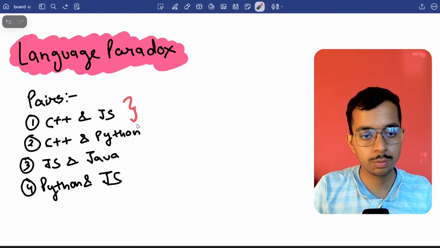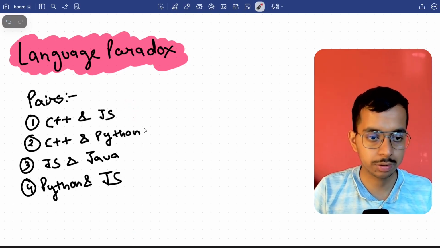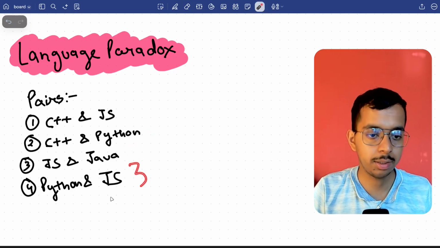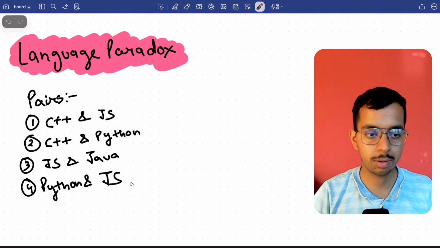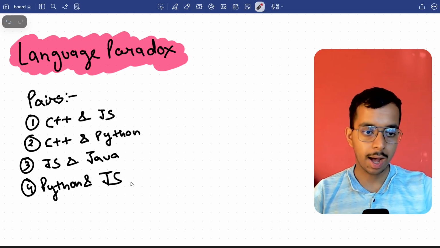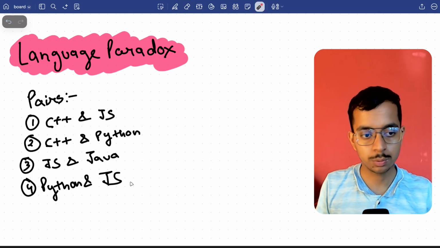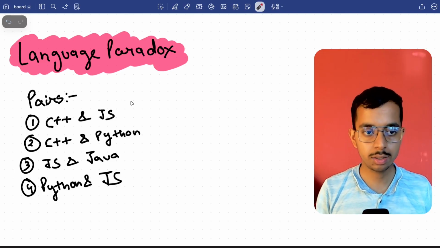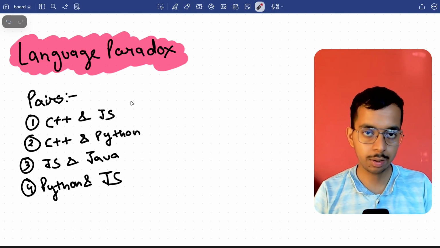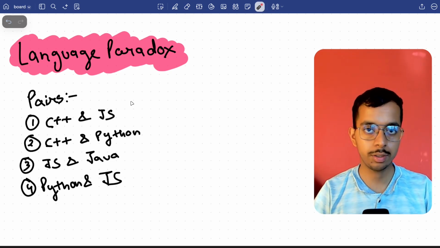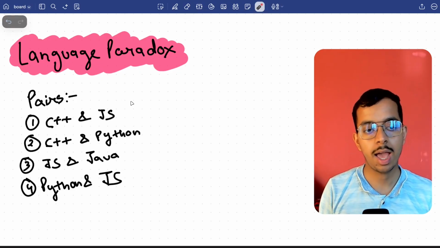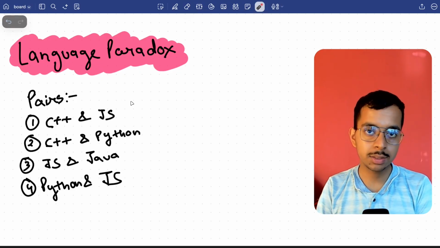Either you can choose C++ plus JavaScript, C++ plus Python, JS and Java, or Python and JavaScript. Now I'm going to explain the point of choosing these pairs. When you are getting into the software development space, you need both system understanding and you need to build something.